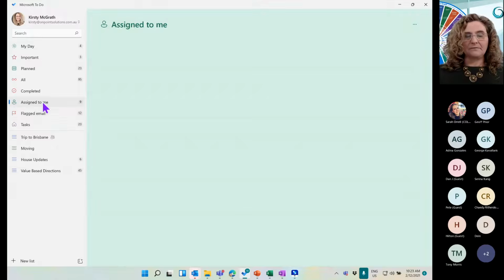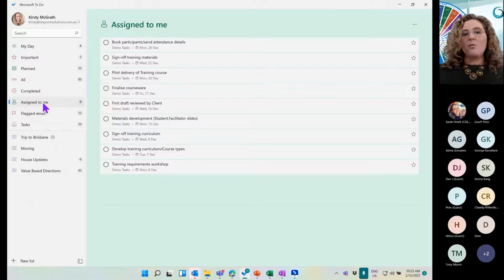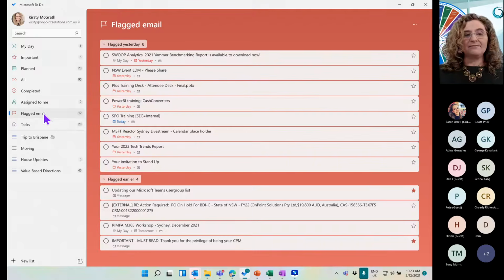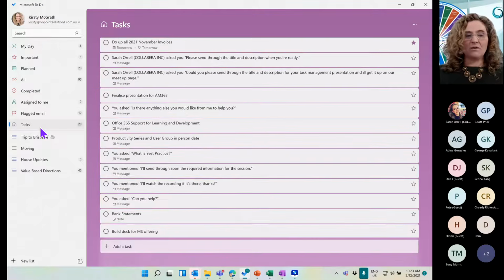That's from Planner. When it's coming in from Planner, that's more team tasks, something that's been physically assigned. You'll see how now it all starts to flow in. Something that's coming through from flagged emails, and then I've got other tasks. This is literally all the various tasks flowing through from my task list, of which important has flown up to the very top. Now, these are some of the business ones. They're all coming in from different places, and we'll go over into Outlook and have a look at what it looks like on our mobile phone as well.